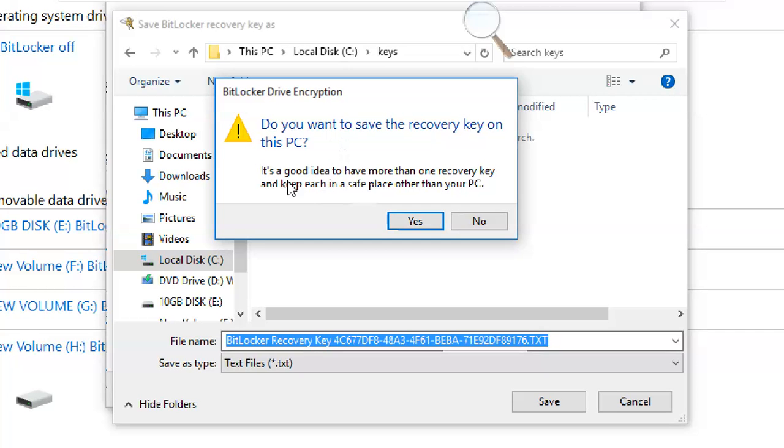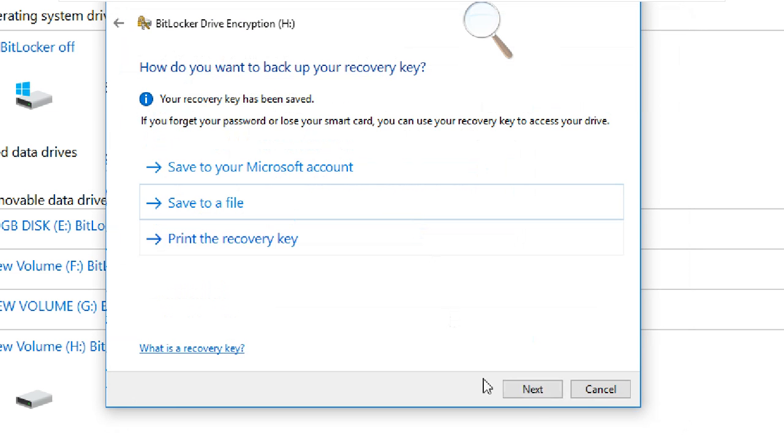So like this, it's a good idea to have more than one recovery key and keep each in a safe place other than your PC. Okay, better to keep it in different places, but not in your PC. Okay, yes, I saved it. Next,